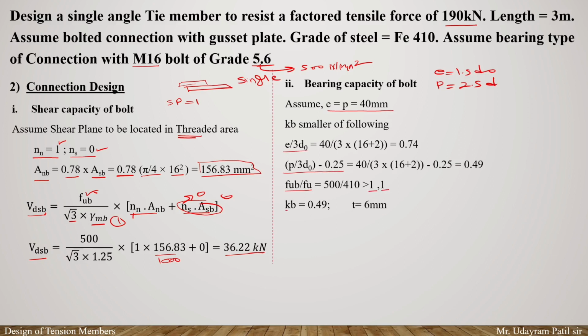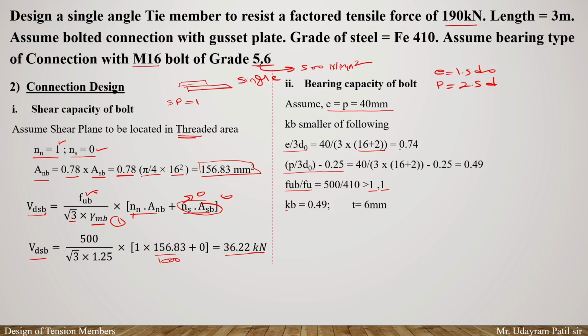Okay, इसमें से जो भी आपका मिनिमम होगा, that will be equals to KB. So obviously e divided by 3 d0, हमको वैल्यू हम इनपुट करेंगे. Again, d0 will be equals to diameter of the hole. So here the diameter of the bolt is 16 mm. So obviously we know that for the 16 mm we are going to add 2 mm to get the diameter of the hole. So here the diameter of the hole, that is the d0, will be equals to 16 plus 2. So 40 divided by 3 multiplied by 16 plus 2,